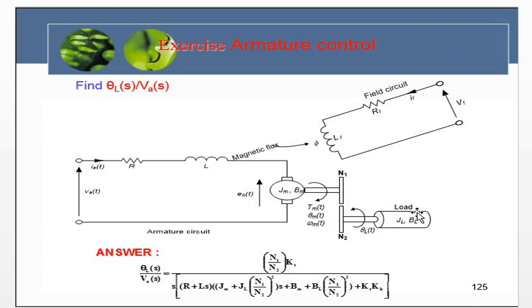Next, we look at the exercise, armature control. For example, find theta L(s)/V_A(s). Okay, this is by using the previous mechanism. You will get this transfer function in order to control theta, the position of the load. You can do it through control, by varying the V_A, by varying this. Okay,